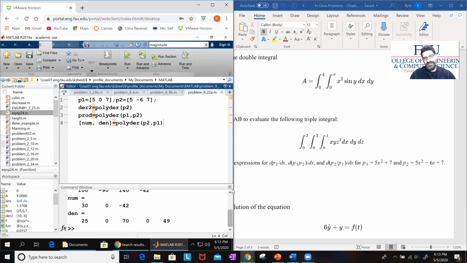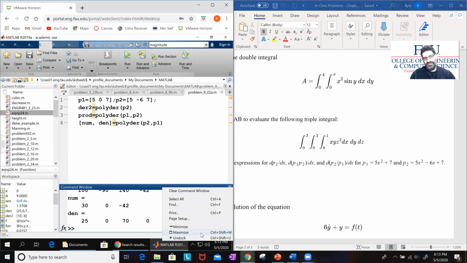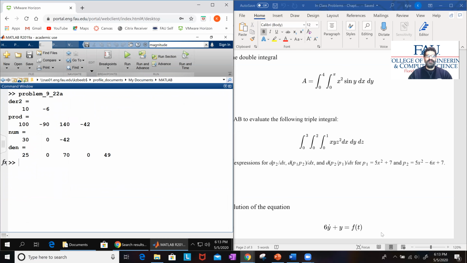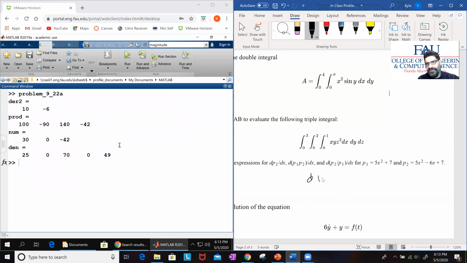So let me maximize this to see what we mean by this solution here. So the first one, derivative of P2, if you really want to write it down, so dP2/dx in this case will be equal to 10x minus 6. So that is A. B, you're talking about the product. So for part B,